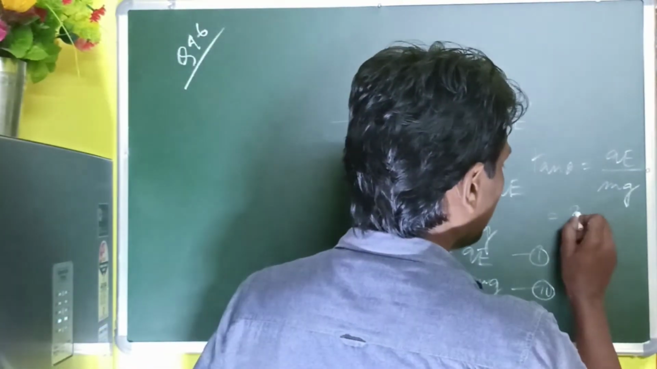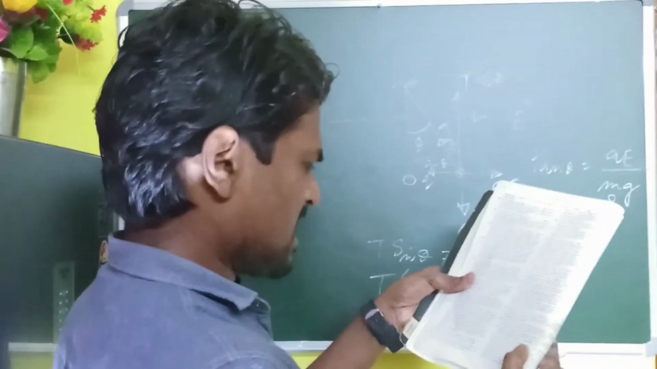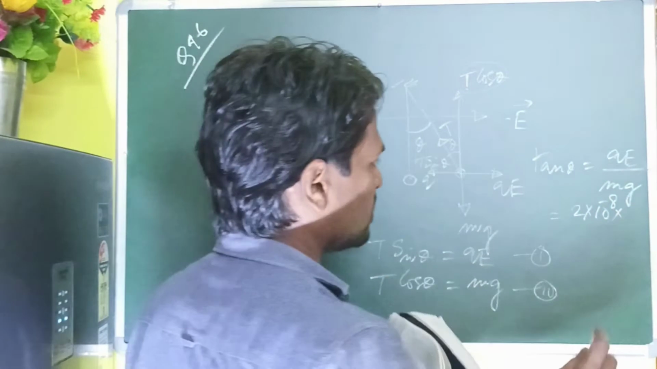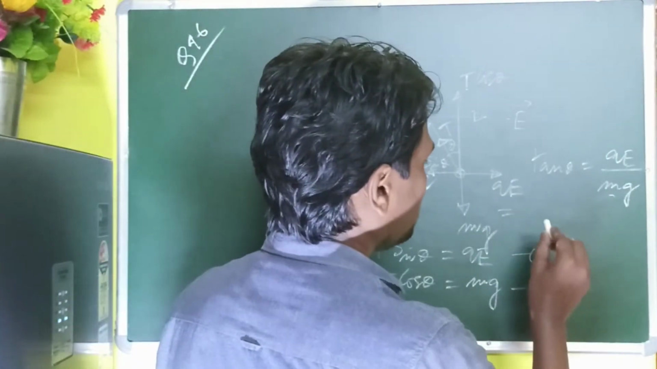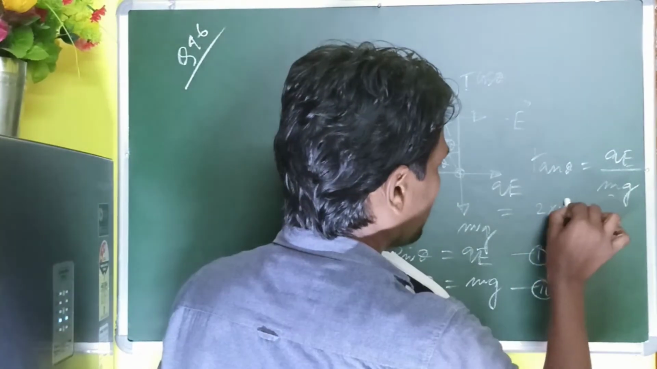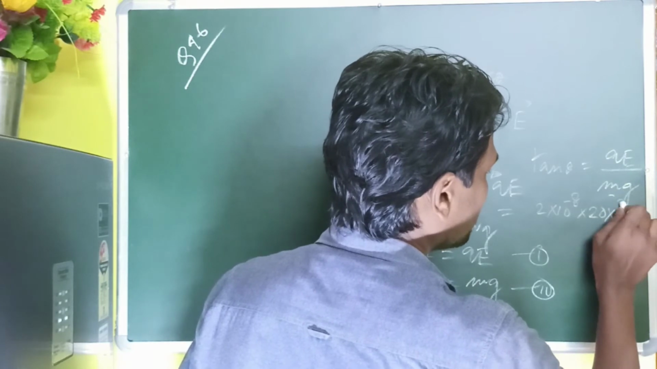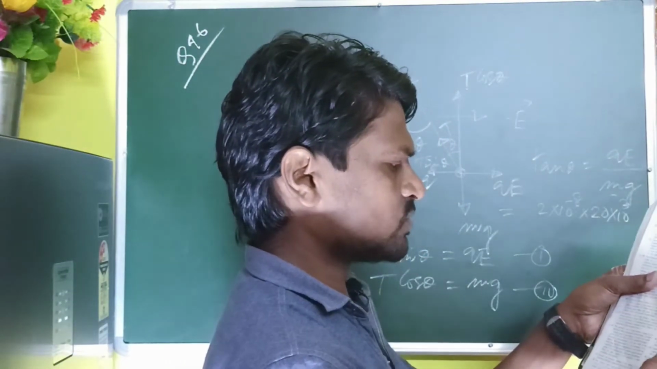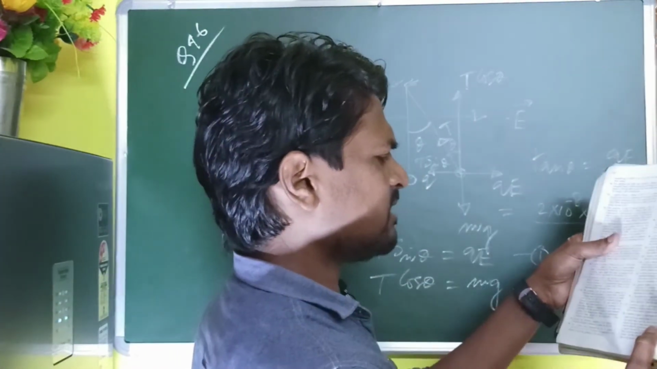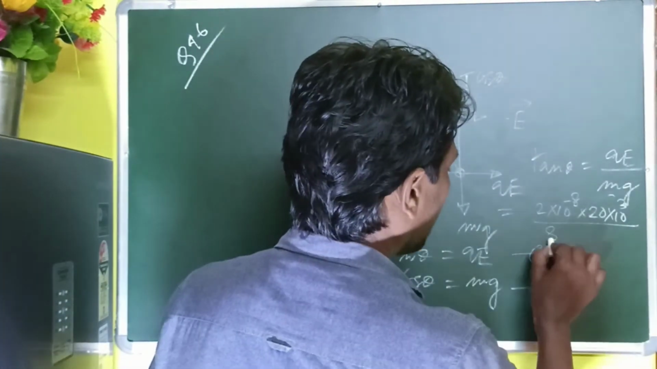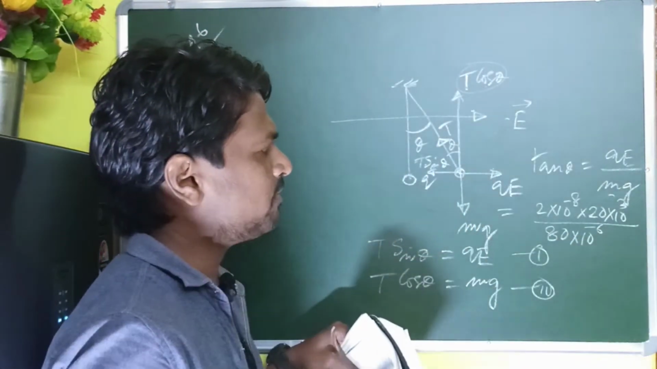So 2 into 10 to the power minus 8 into electric field, and electric field is 20 kilovolt per meter, so 2 into 10 to the power minus 8 into 20 kilo, kilo मतलब 10 to the power of 3, and then mass हो जाएगा 80 मिलीग्राम, so 80 into 10 to the power minus 6 हो जाएगा, क्योंकि मिलीग्राम अगर